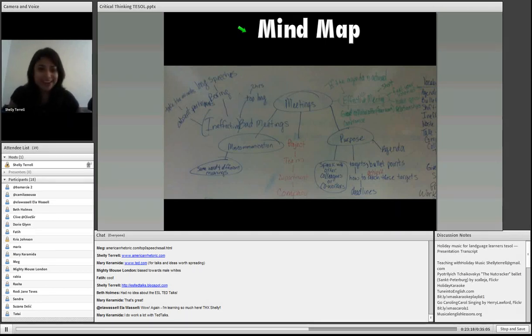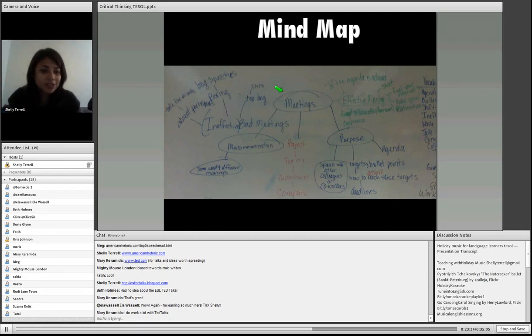Please do share. Another way that I get my students to think is through mind mapping or concept mapping. And I use this a lot with my adult students. This is what it looks like. So I put any theme on the board. This is one on meetings, but they can critically think about anything, any topic. The Chilean miners, like we were talking about. We've done immigration before, and then we'll do a pro and con.